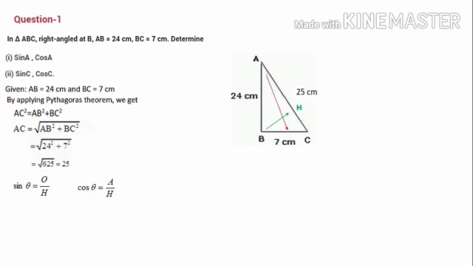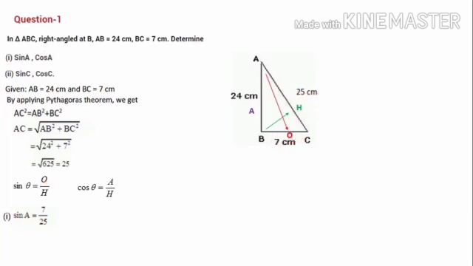Next we have to mark the opposite side. Here the angle is A, so we have to go to angle A, and the opposite of angle A we have to label it as O, that is opposite side. Now in this triangle O is there, H is there. One side is unmarked, that is AB. So that leftover side we can mark it as adjacent or A. Then substitute it in the formula, that is first question, sin A is equal to O by H. So here O value is 7, H value is 25.